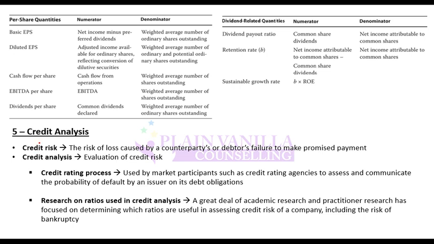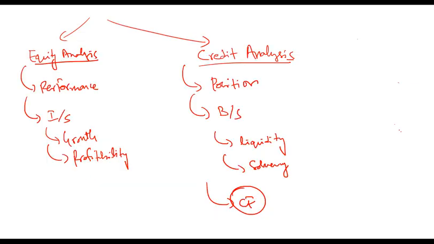So it is the analysis of credit risk. What is credit risk? Credit risk is the risk of default. So credit analysis is the evaluation of credit risk. Now there can again be two things. For example, maybe you are performing a credit analysis for investment, so you can do all this analysis yourself. Or maybe you find out what is the credit rating on the company.